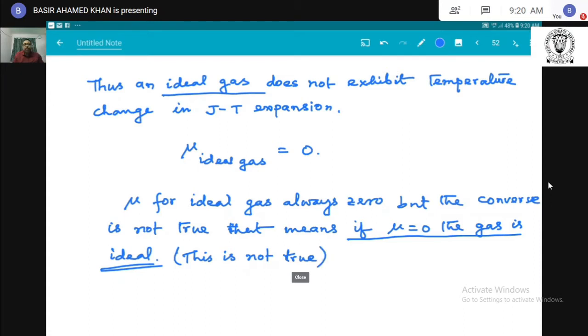That means mu for ideal gas is always 0, but if mu equals 0, we cannot say the gas is ideal,